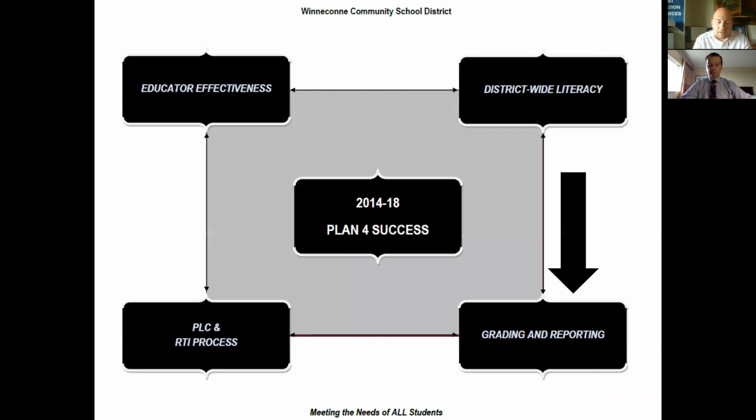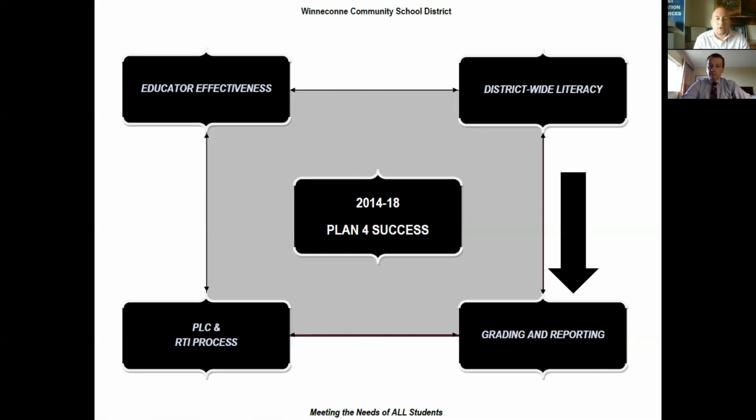And the thing to point out, and Tom will emphasize this as well as we go, is that this is a journey. And there is no one perfect system out there. There's no one right way or wrong way to do this. So I'll share with you some of the processes that we followed, some of the successes that we had. But each district, and Tom and I talk about this with every district we work with, has to be able to figure out how to put their own unique perspective on this. Because you can't just take something and fully replicate it because it's not your own. But we're going to show some of the things that have worked well. So if you can take some modifications and some tweaks to it to make it work for your district, then we consider this time worthwhile and a success.